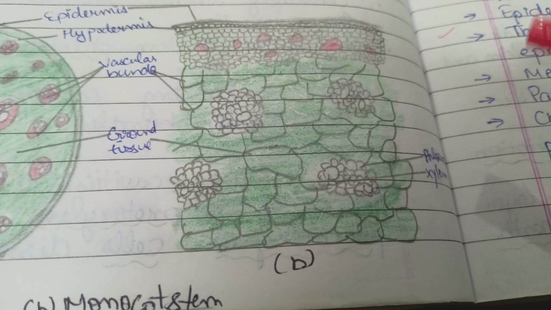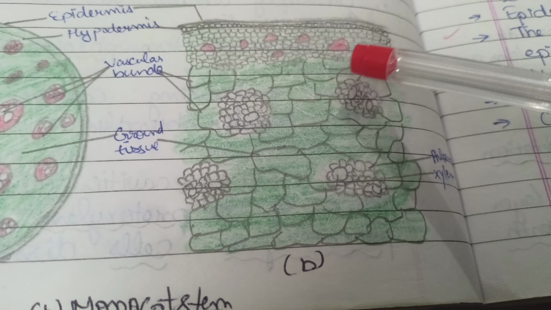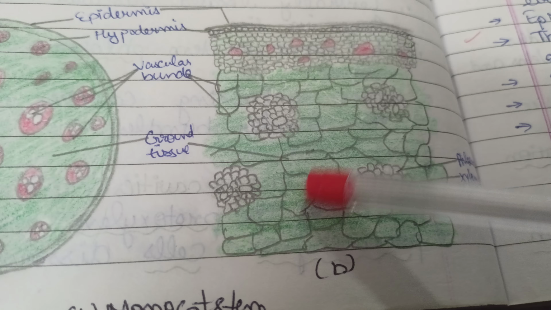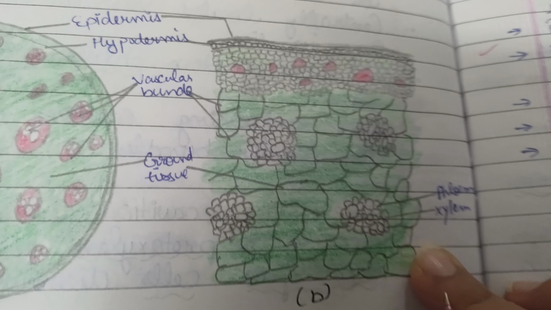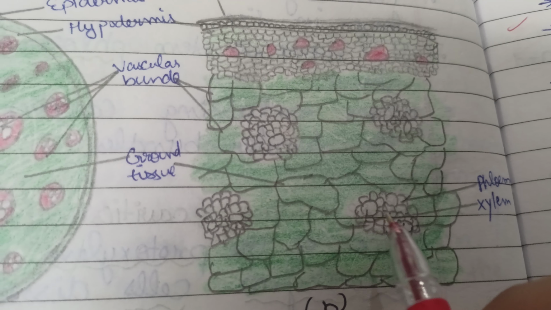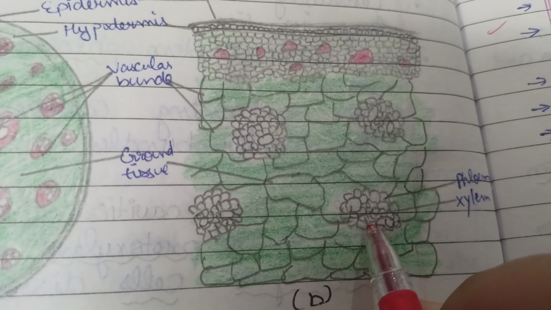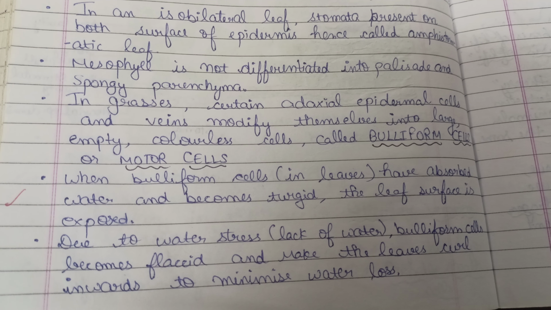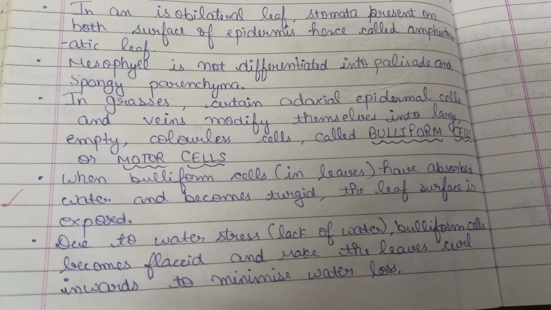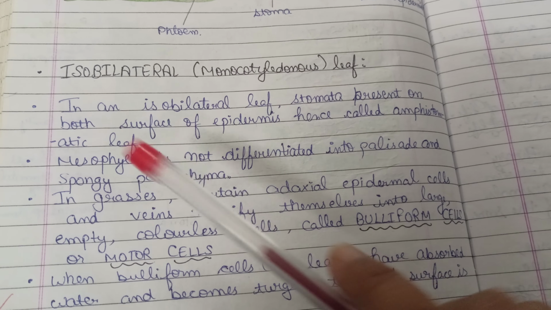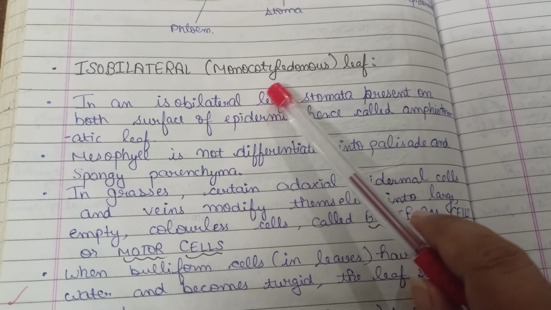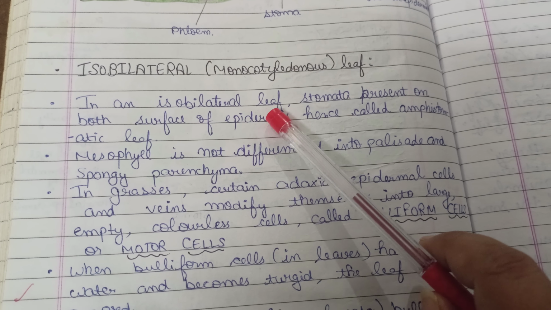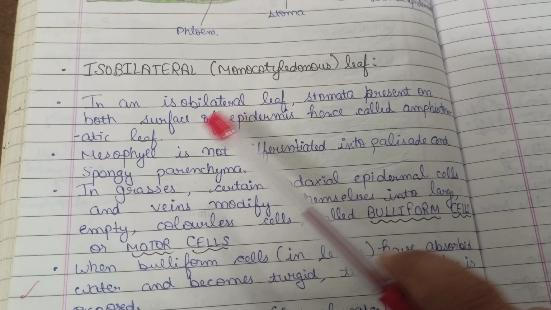Here also you can see these diagrams I have already explained. This is vascular bundle, this is vascular bundle, this is ground tissue. Phloem and xylem are present in one structure. Isobilateral leaves are generally found in monocots. In an isobilateral leaf, stomata are present on both surfaces of the epidermis,